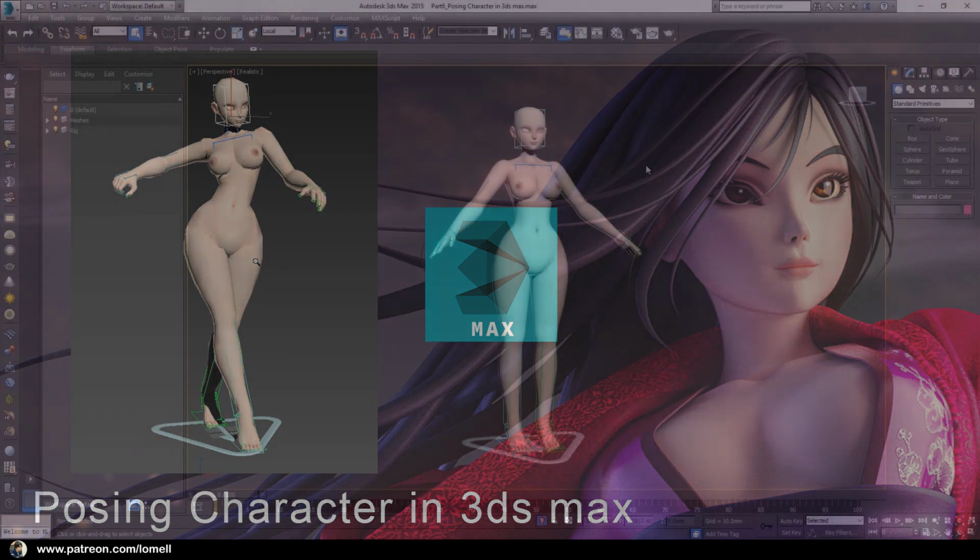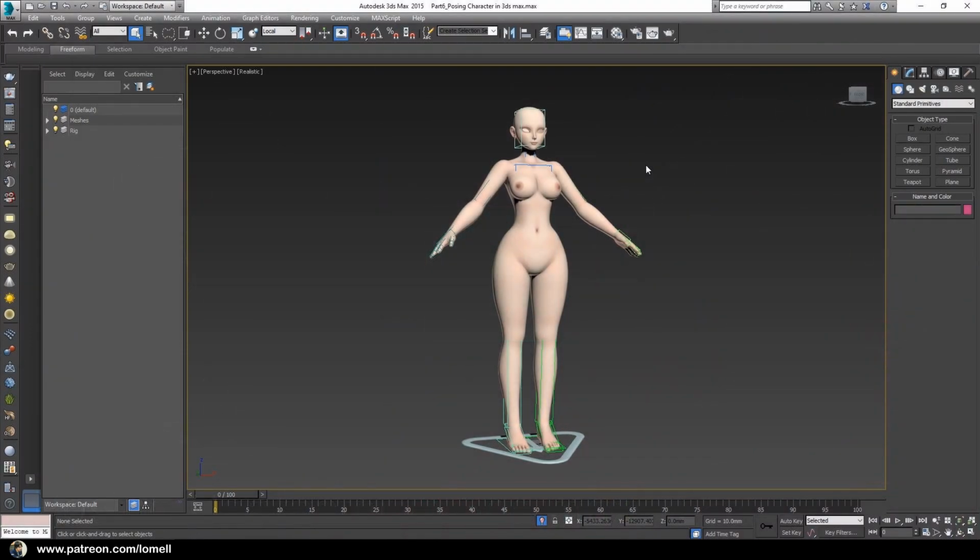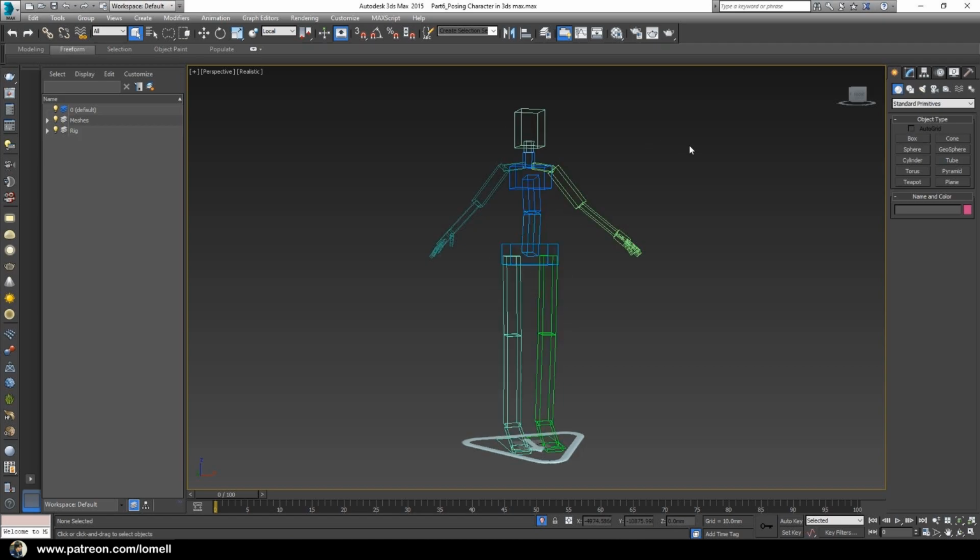Welcome to part 6 of our tutorial. Previously in part 5, I demonstrated how to texture the whole character, and in this part 6, I'm going to demonstrate how to pose our character. Basically, you need to create a bone system before you pose the character. So I'm going to press Shift and the letter G on my keyboard to hide that